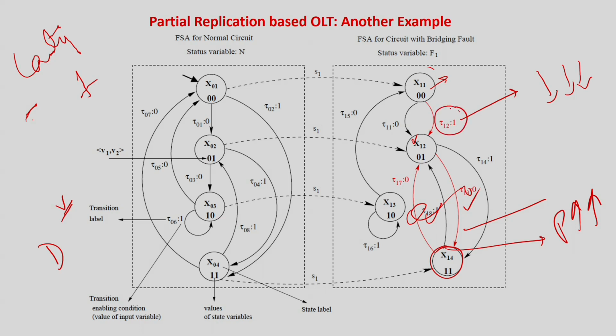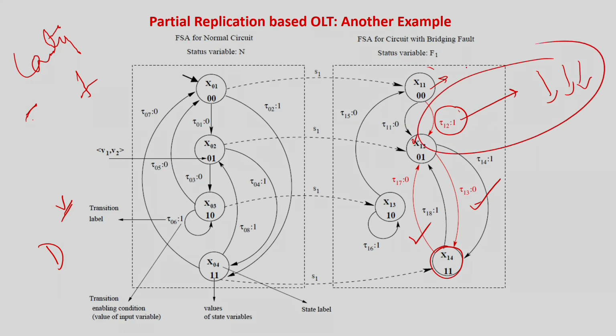So the probability of occurring tau 1-2 is much lower than the probability of this and this. I will take these two. If you ask me to take only one, then I can take either this or this. But if you allow me to take all three, then only I am going to take this. So these are choices. You have to look at the structure of the FSM and then find out which FD transitions are more probable to occur.